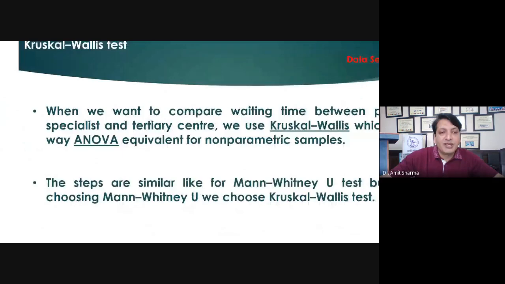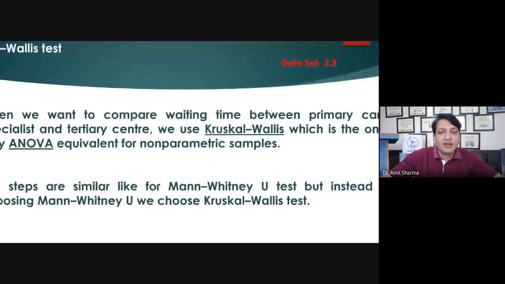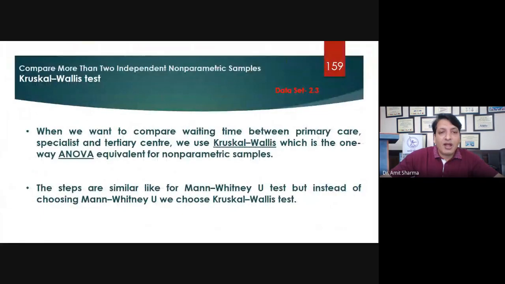Out of these three, we want to find out in which the waiting time is more or less. This we are going to find out, and for that purpose we are going to use the